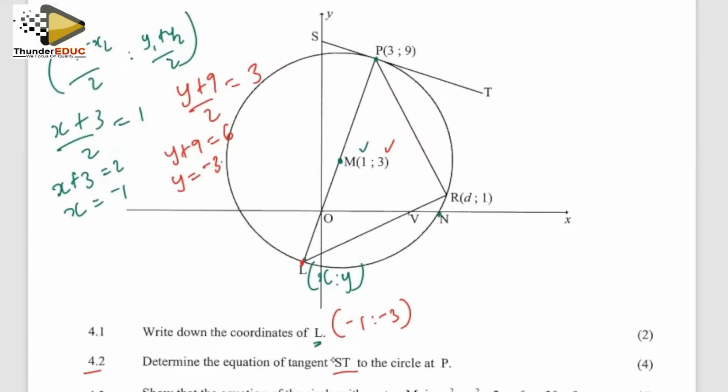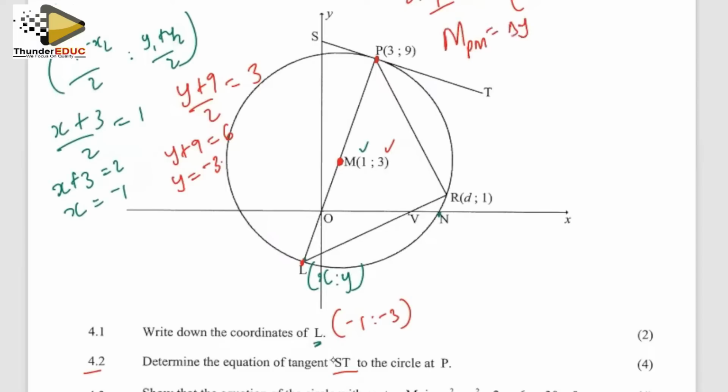So for us to get the equation of this tangent, we know the coordinates of M, we know the coordinates of P. And we know that the tangent and the radius, or tangent and diameter, will be perpendicular, which means that ST is perpendicular to PM. This is tangent perpendicular to radius, or tangent perpendicular to diameter. So if we get the gradient of PM,